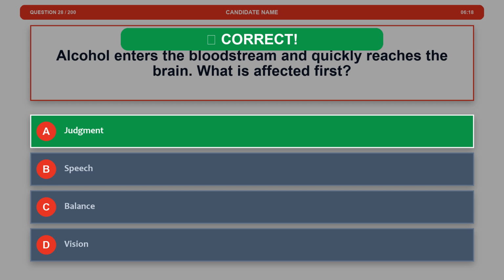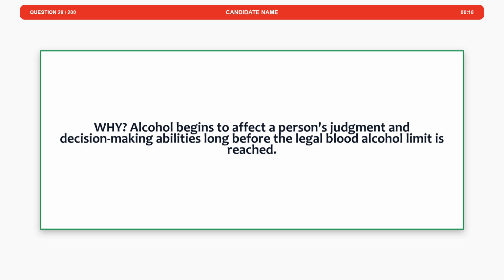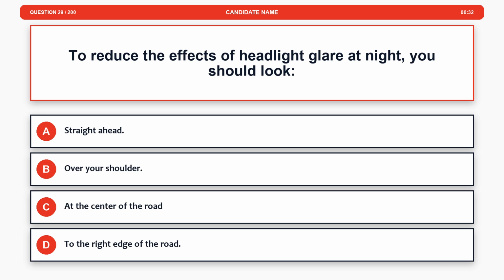The correct answer is option A. Judgment. Explanation. Alcohol begins to affect a person's judgment and decision-making abilities long before the legal blood alcohol limit is reached. Question 29. To reduce the effects of headlight flare at night, you should look: